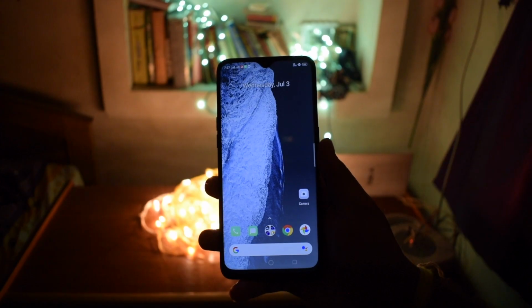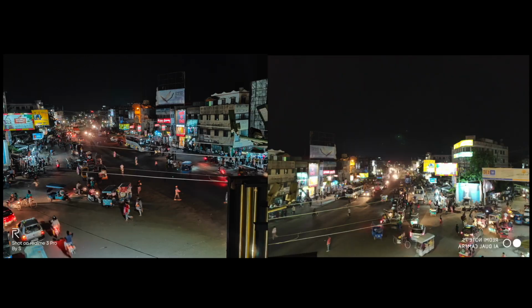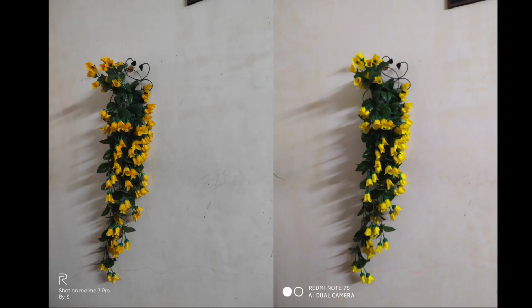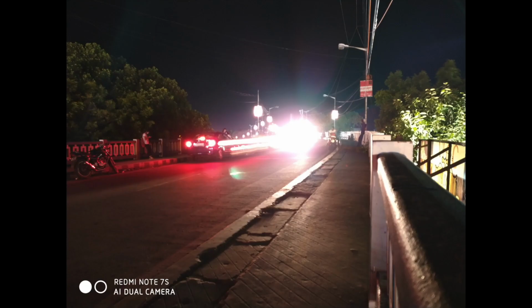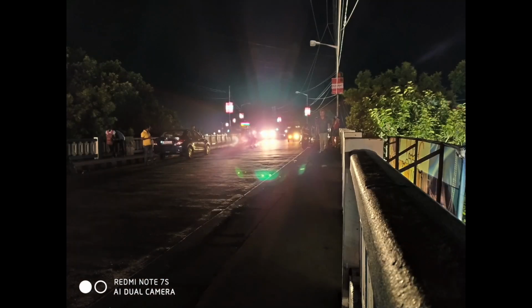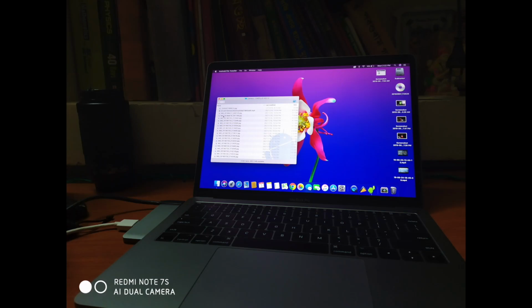So for low light photos, as you can see, Realme's photos look very appealing to the eyes with less noise and a perfect amount of light and shadow ratio. Also, one thing to notice is that Realme's low light photos are much sharper compared to the Redmi 7s. Not by any means am I telling that the 7s is bad at low light photos. Actually, you can take some pretty decent low light or night photos from the 7s using the Pro or manual